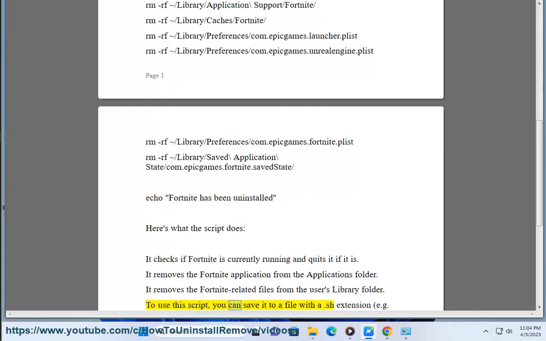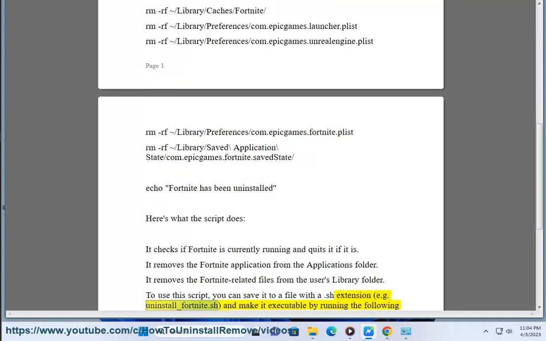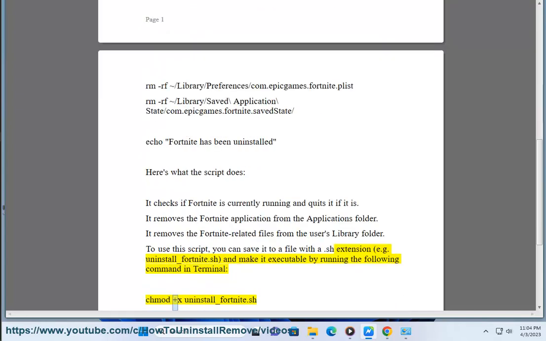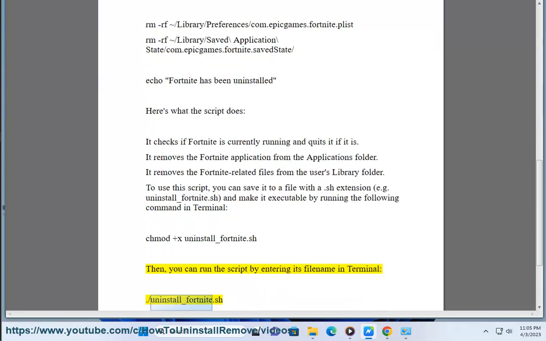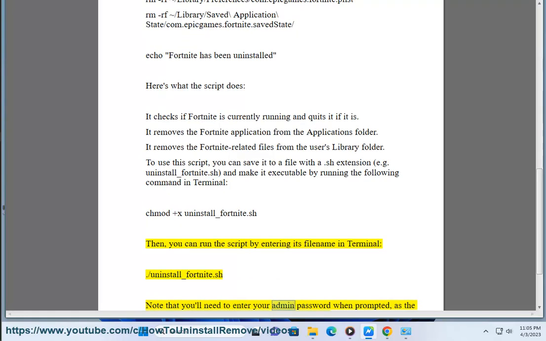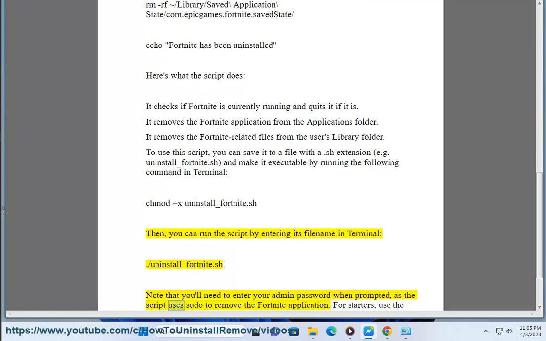To use this script, you can save it to a file with a .sh extension, e.g. uninstall_fortnite.sh, and make it executable by running the following command in Terminal: chmod +x uninstall_fortnite.sh. Then, you can run the script by entering its file name in Terminal: ./uninstall_fortnite.sh. Note that you'll need to enter your admin password when prompted, as the script uses sudo to remove the